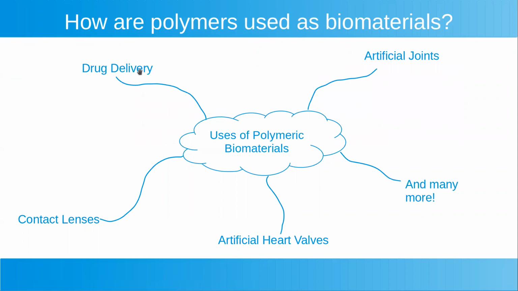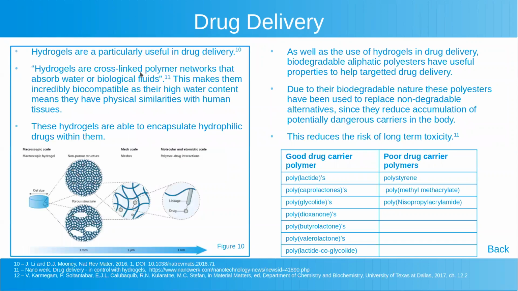Next, let's have a look at drug delivery. There are two different ways that polymers can be used in drug delivery. First off, we've got hydrogels, which are cross-linked polymer networks which will absorb water or biological fluids. This makes them incredibly biocompatible due to their high water content, as this means they have lots of physical similarities with